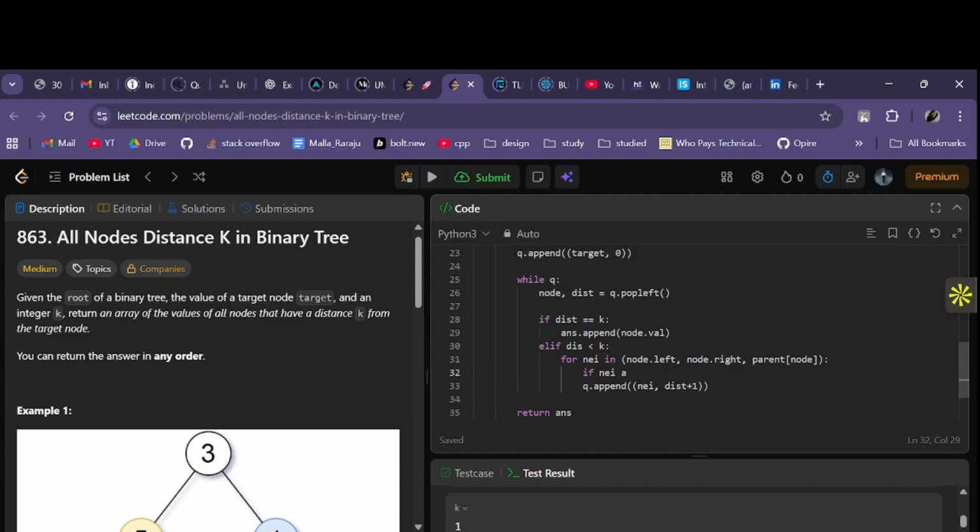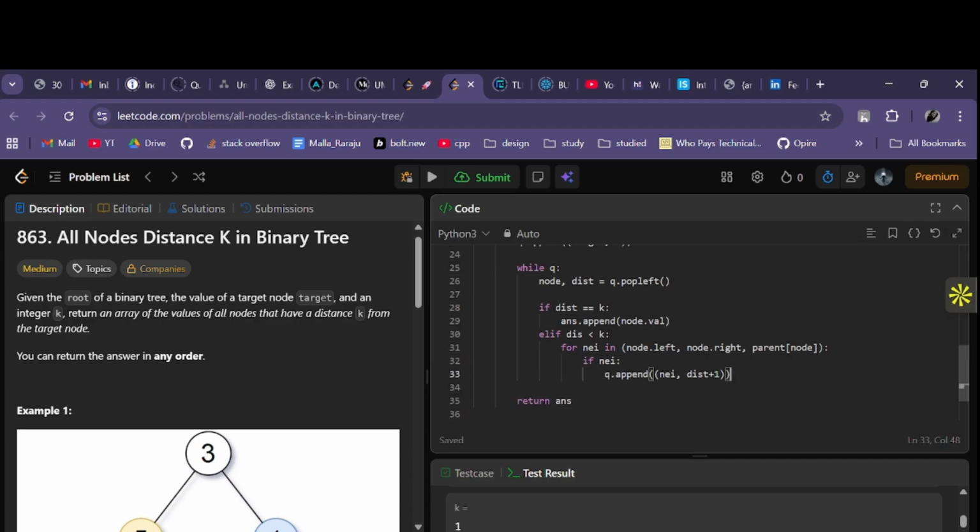If neighbor exists and if there is a neighbor, then